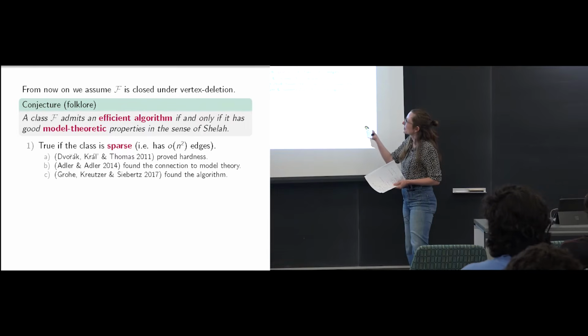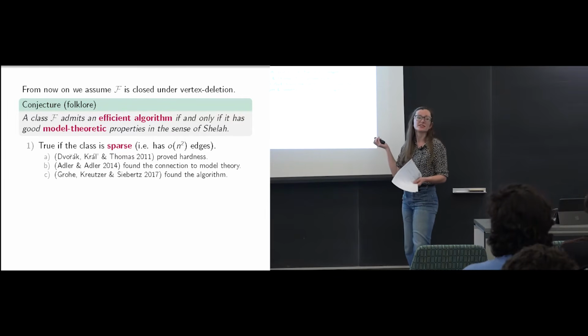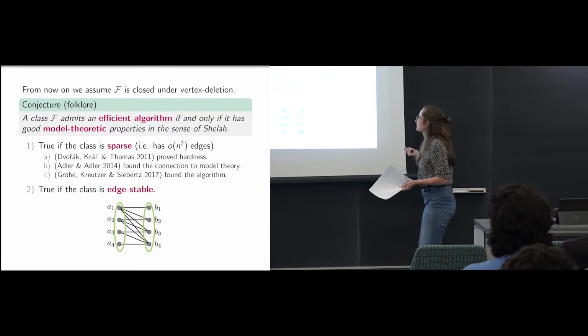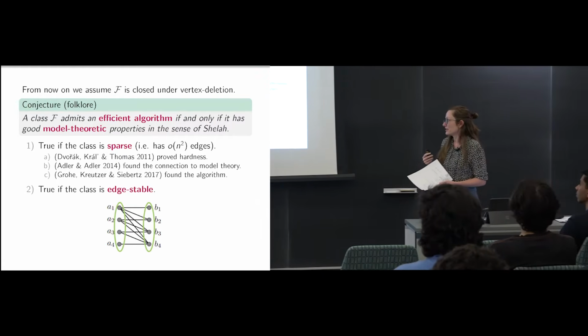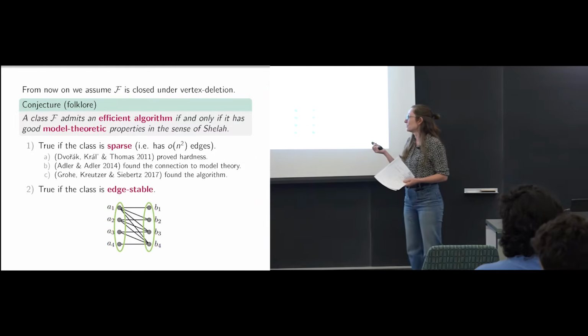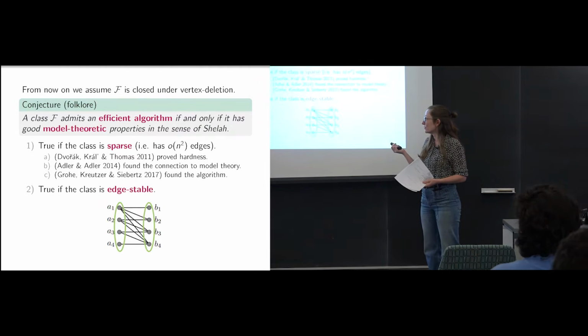Dvorak, Kroll, and Thomas, in this algorithm, they found an algorithm in a special case, and they proved hardness in the general case. Adler and Adler found the connection to model theory, which really is not obvious. And Grohe, Kreutzer, and Siebertz found the actual algorithm that works in general. And what my work does is it generalizes this stuff to show that this conjecture is also true if the